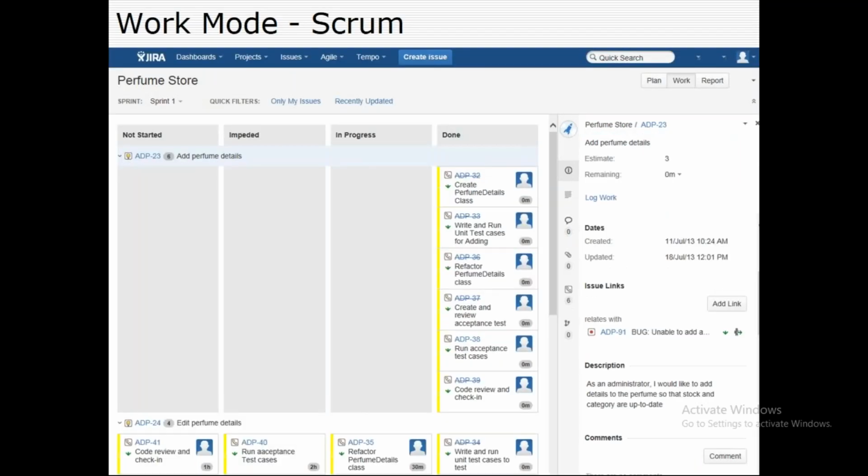During the working mode, this is called the Scrum board or sprint board. In this sprint board, you can see how many items are in progress, how many are in development, how many are in testing, how many are resolved. All that would be there in the sprint board. Maybe the convention is different here, but in general, you see how many are in development and who is working on each item.